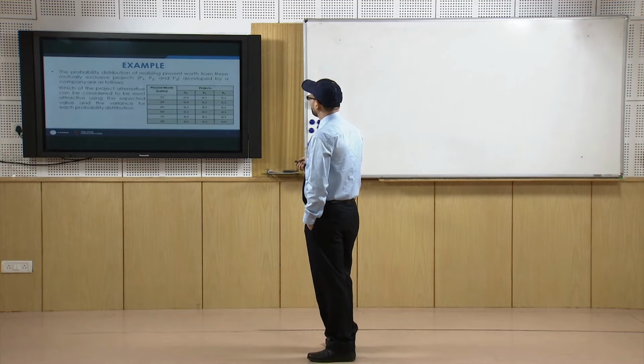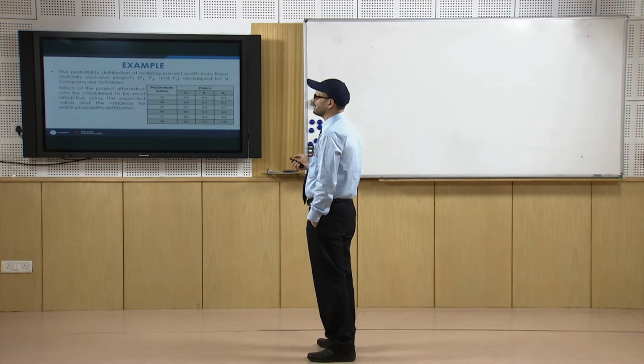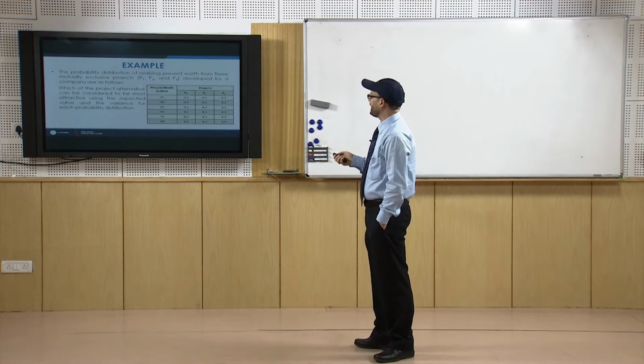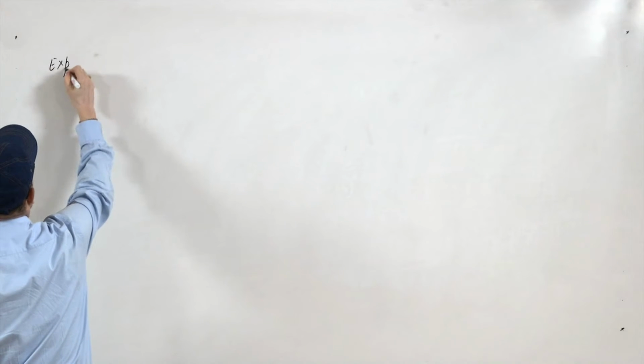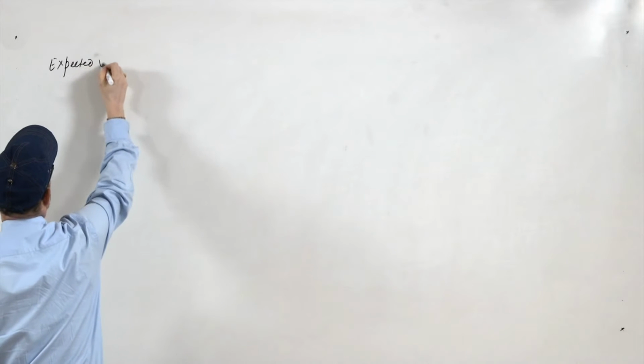As we proceed, we will first find the expected value or the mean value, but then we will also find the variance, and then we will see how you can predict the results using the expected value as well as the variance using each probability distribution. So, let us solve this question. Now, what we see is that if you go using expected value,